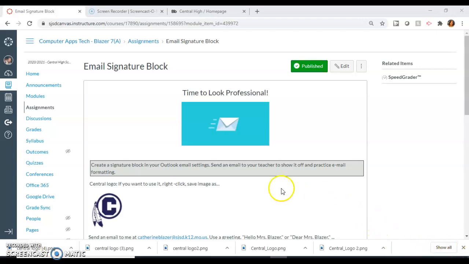In this screencast, I'm going to show you how to create a signature block in your Outlook email settings, and then also how to send an email to show off your new signature block to kind of try it out, and while we're at it, practice some email formatting. Alright, so I am in SJSD Canvas in the computer app class, and I'm working on the assignment that says